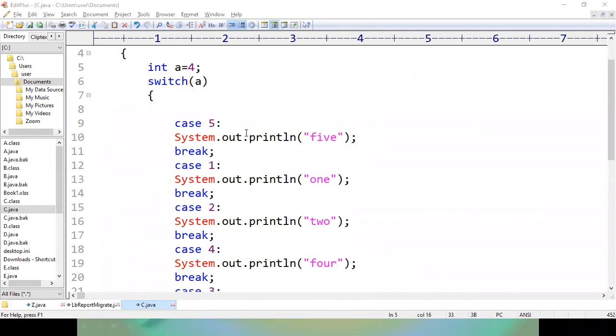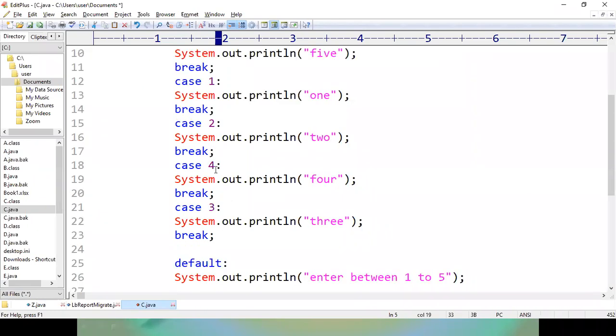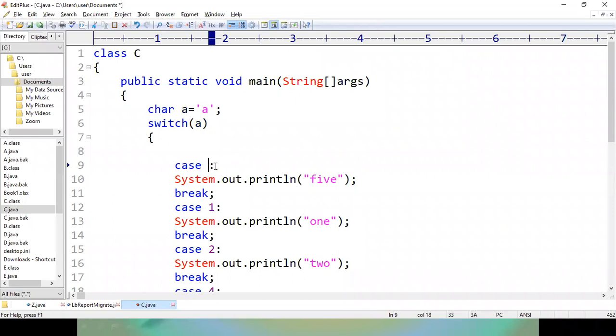And at the same time, for example, let us consider this A is a character. The variable A is a character and it contains a character small v. What I want to print is, if I have given AEIOU, then I want to print vowel on the output screen. Other than AEIOU, for the remaining 21 alphabets, I want to print consonant. So in such cases, what I have to do is case A. If I found case A, I want to print it as a vowel.